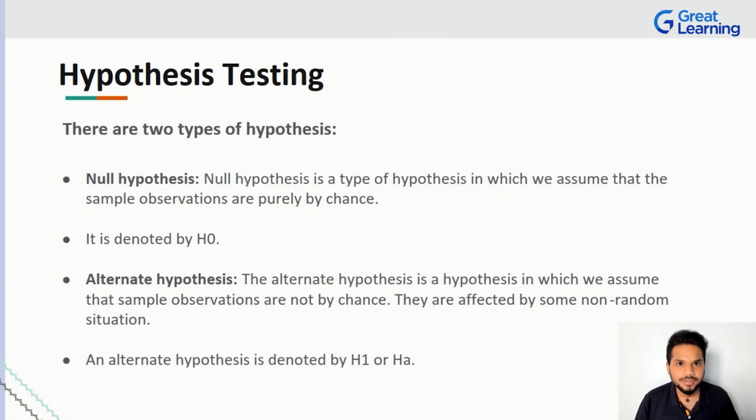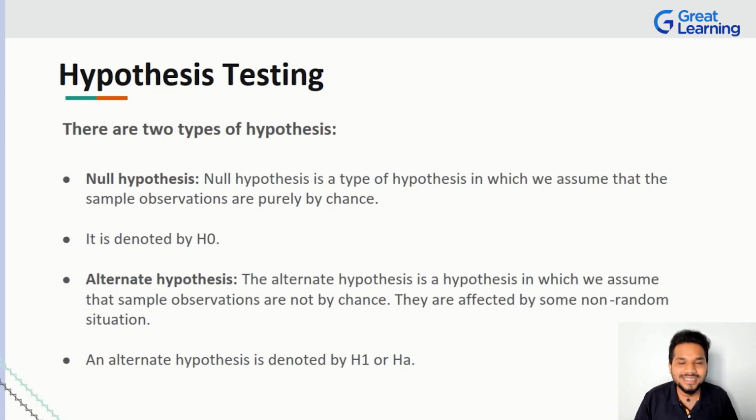Now, what do you think the alternate hypothesis is? Here, we are not assuming anything by chance; these are things that get affected by non-random situations. An alternate hypothesis at this moment is me saying Pluto is not a planet. And of course, there are scientists who will come and say, yes, Pluto is not a planet, because by these examples, these numbers, these metrics, there is a minimum size for a celestial entity to be called a planet. So it doesn't qualify.